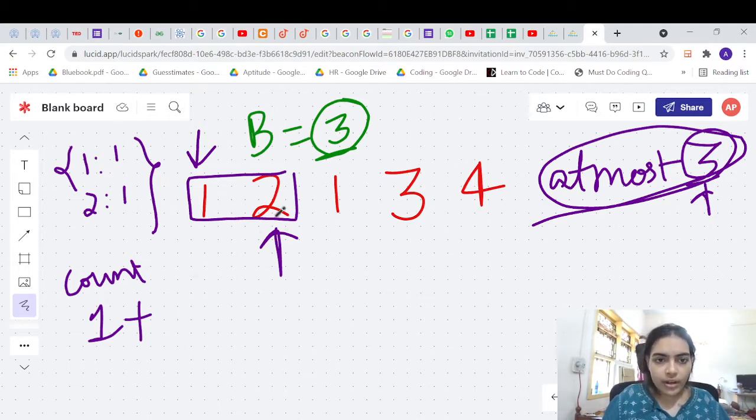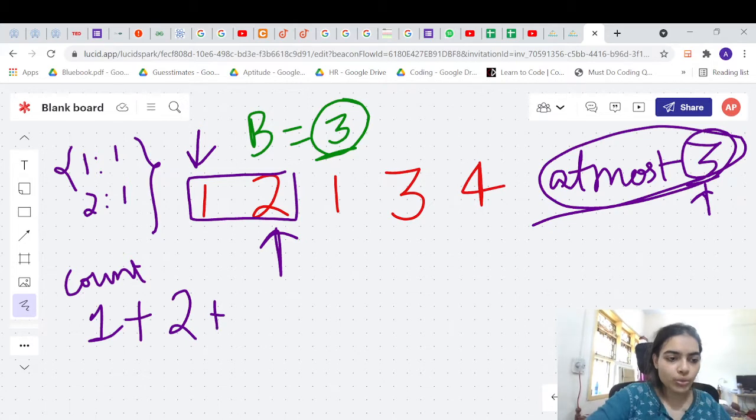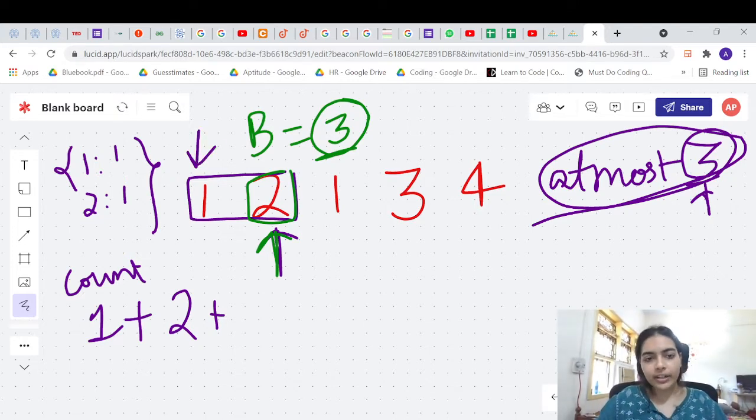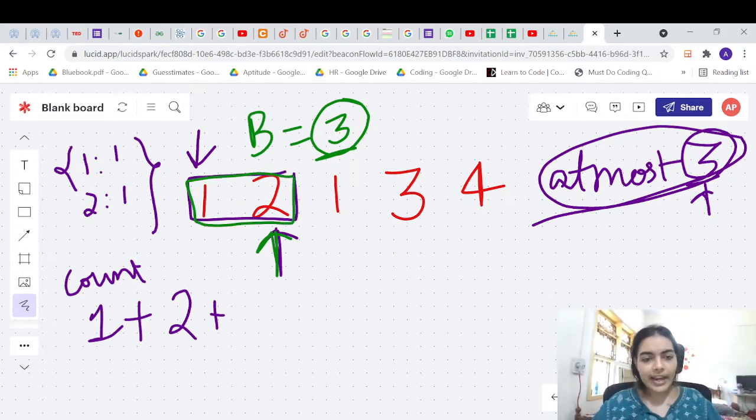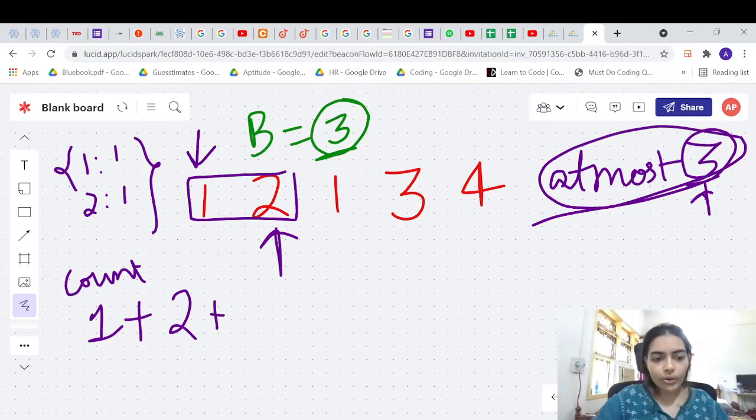So we get this subarray, but we don't get only this subarray, we get this one as well. We get this entire subarray, but we also get the subarray 2. That is also included in our answer. So our answer will increment by 2 because you are adding two new subarrays. Whenever you are moving this pointer, you take the ending point as this, but your starting point remains as the previous pointer. So you add two subarrays here, one which is only the single element 2, and one which is this entire subarray. So your count will increment by 2.